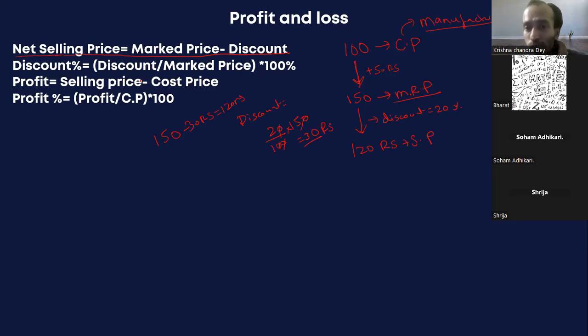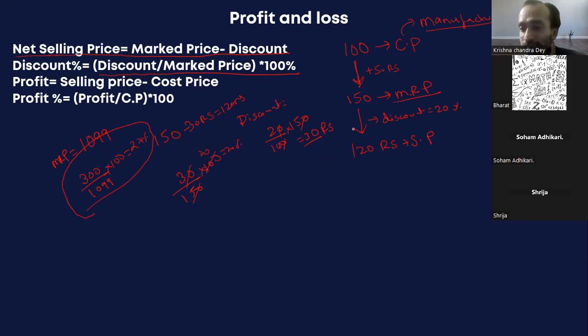Selling price. Now you saw what the discount percentage is. Like the discount percentage, I showed you in the last slide also. The MRP was given as 1099 and the discount was 300 rupees. So 300 by 1099 into 100 is 27%, that is the discount you get, because discount is always given on MRP, right? So even if you see this 30 rupees discount, if I calculate back, 30 by what is the MRP, 150, into 100, you see it is coming back to 20. That is 20%, right? That's why we say.